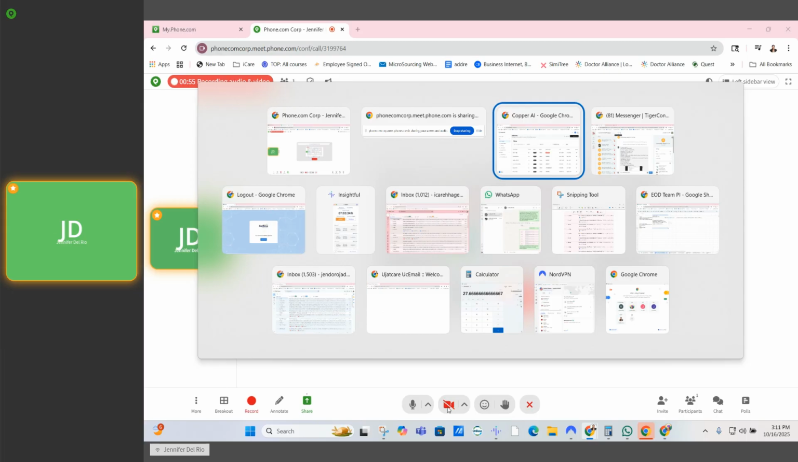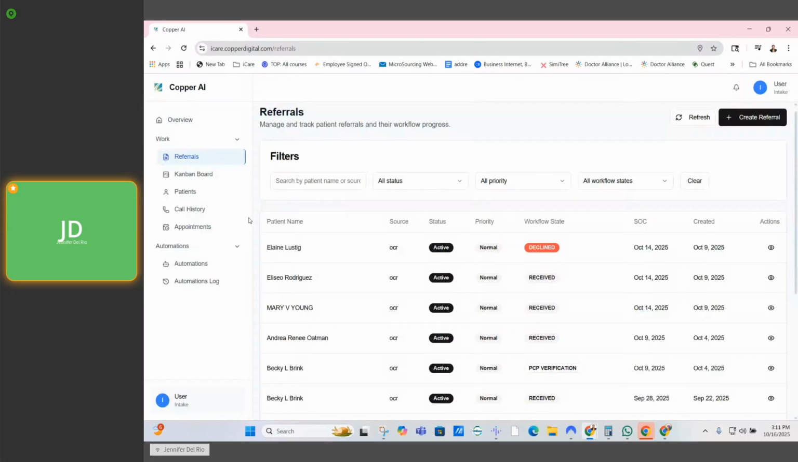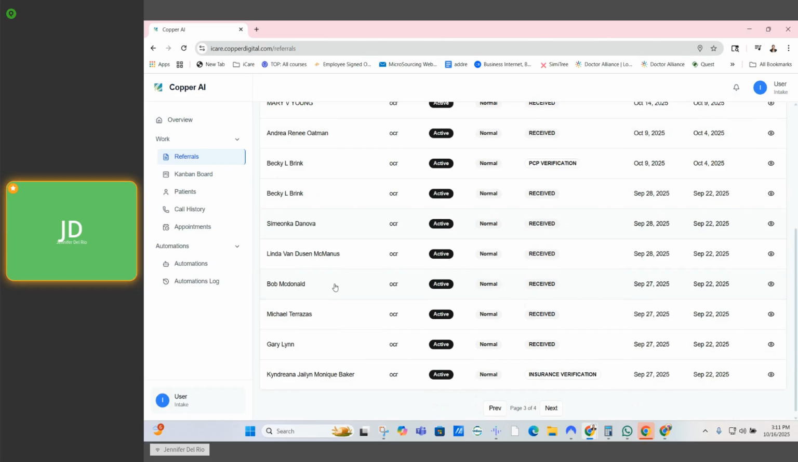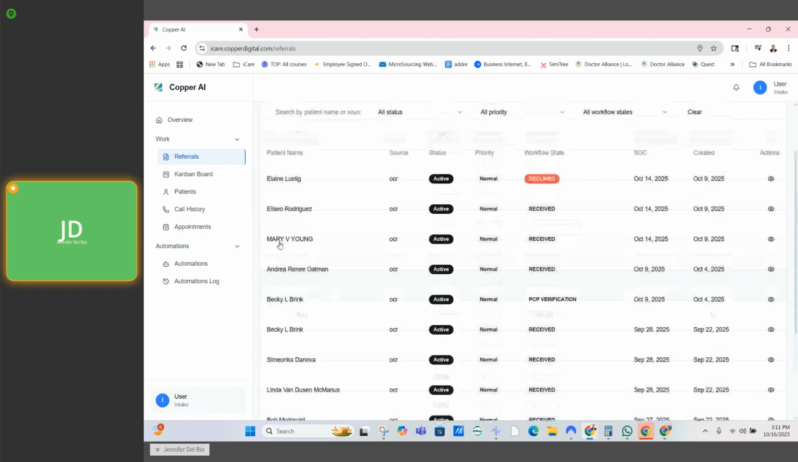So I will try to create a referral manually in the dashboard. This patient is supposed to be added in CareTime for start of care tomorrow. It seems like it wasn't received in the dashboard previously, although its referral